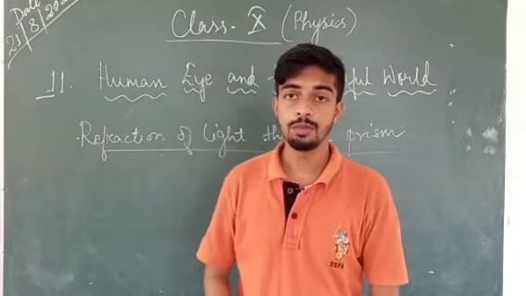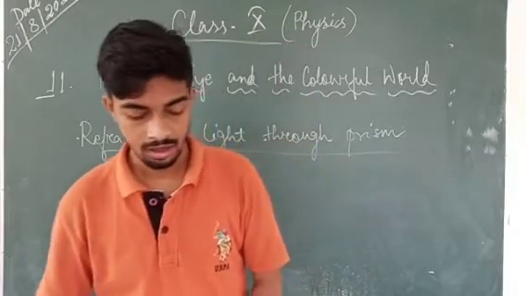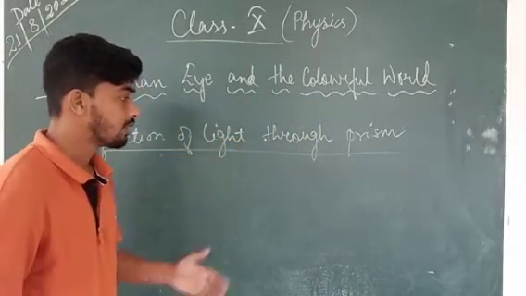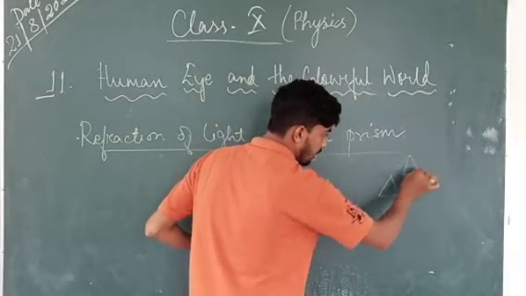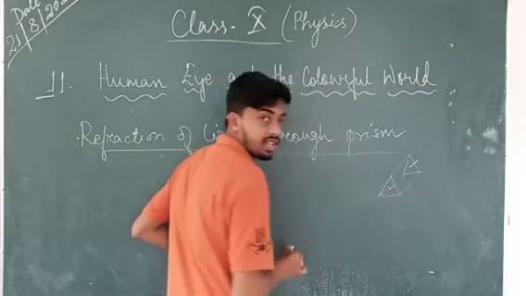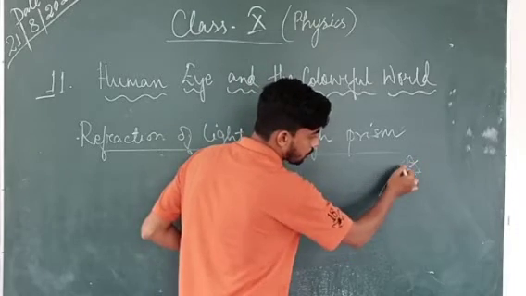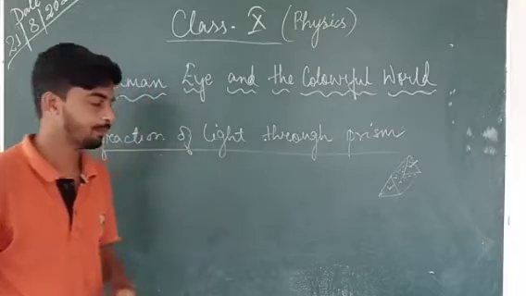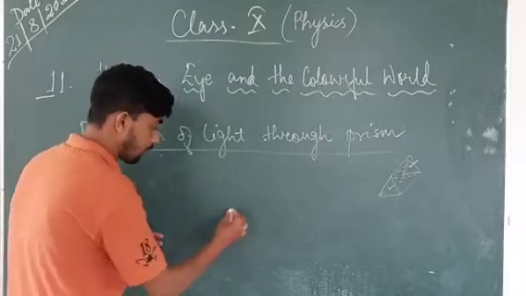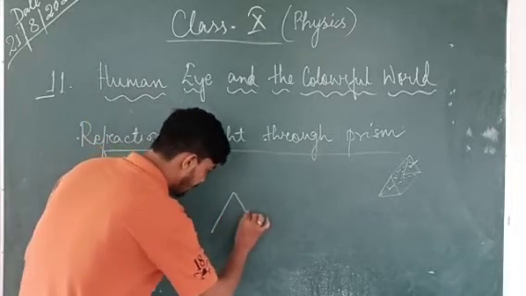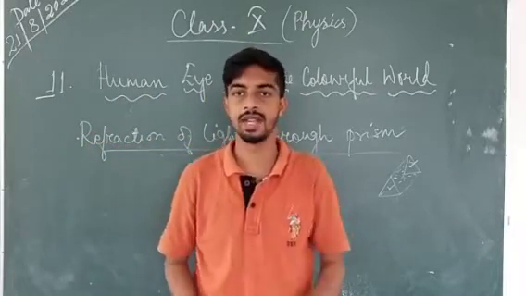So basically, as I told, a prism has two triangular ends, that is triangular bases, and 3 rectangular sides. It's somewhat like this. This one and this one are the triangular ends, the triangular bases, and this is a rectangular side, this one also, and the side beneath that. Basically, we place the prism like this, with one of the triangular sides as a base.